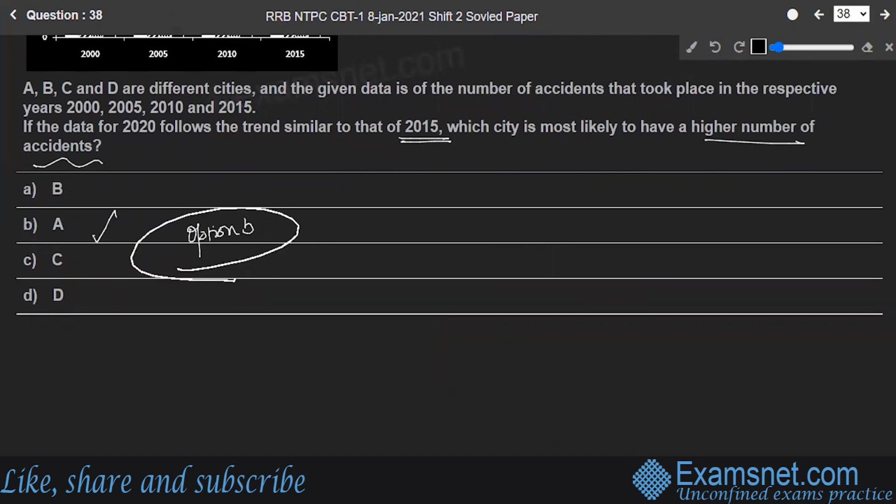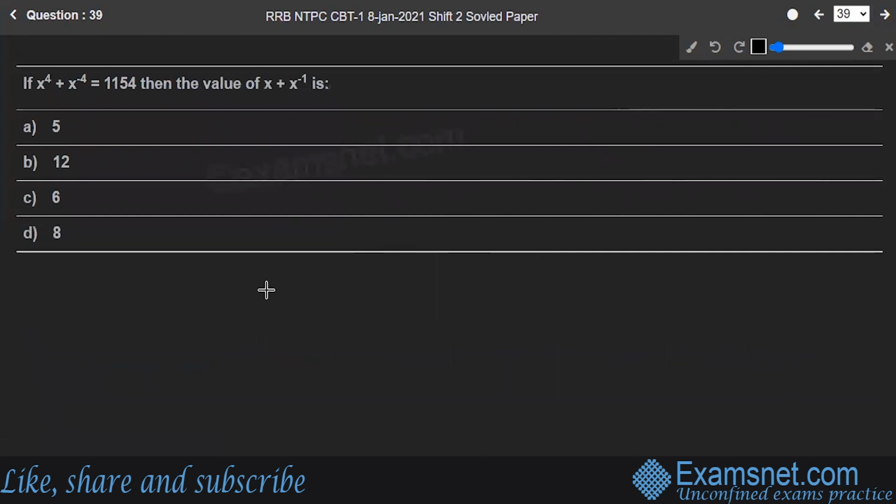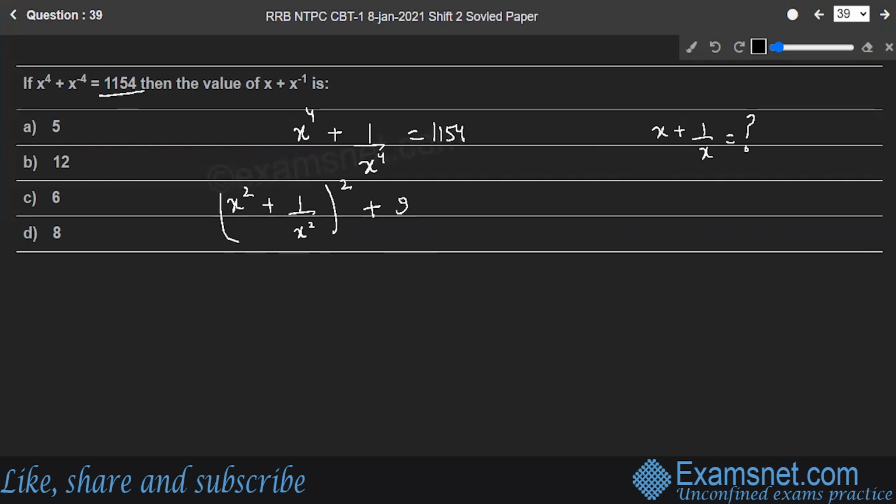Let's move to the next question, number 39. If x raised to power 4 plus x raised to power minus 4 is equal to 1154, we have to find out the value of x plus 1 upon x. You are given x^4 plus 1 upon x^4 is equal to 1154. You have to find out what x plus 1 upon x is equal to. So this can be written as (x^2 plus 1 upon x^2) whole square minus 2 is equal to